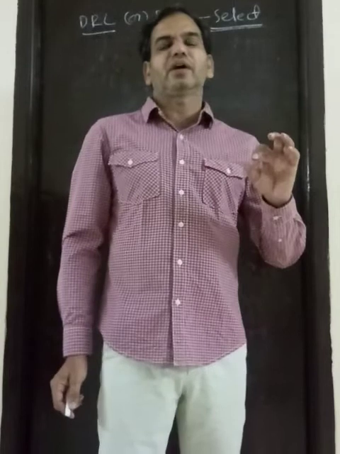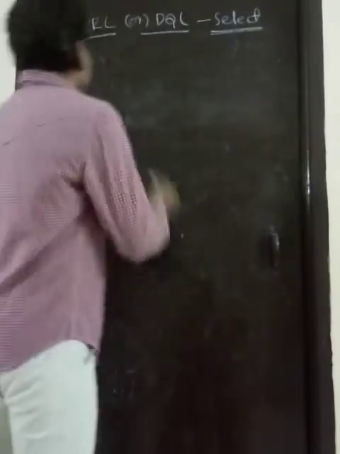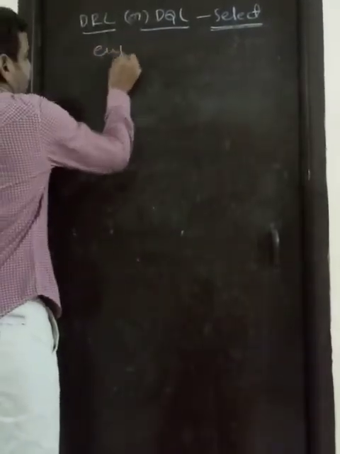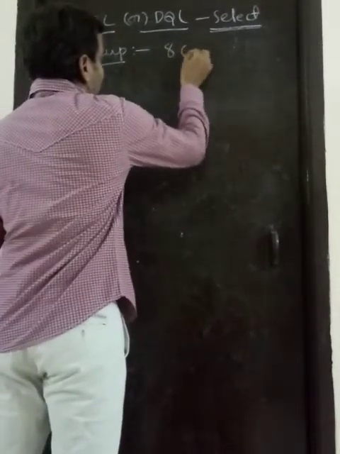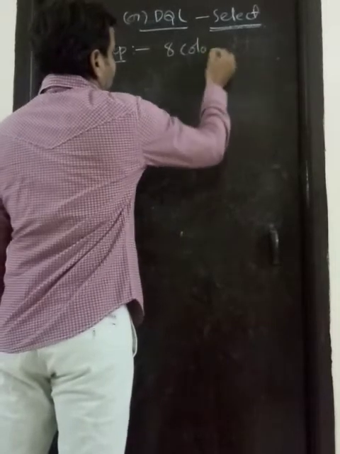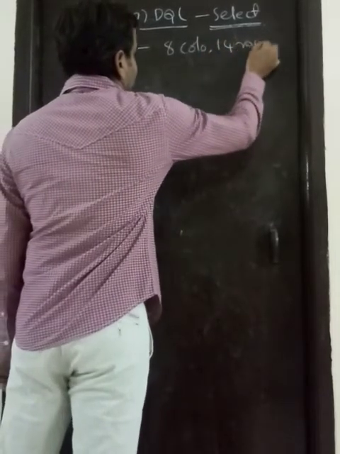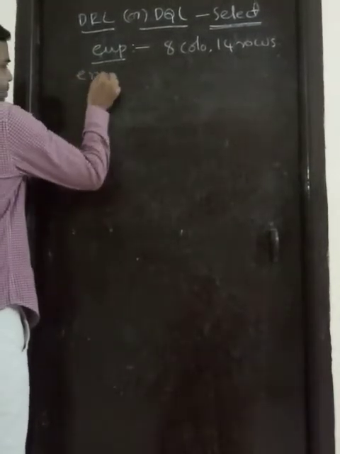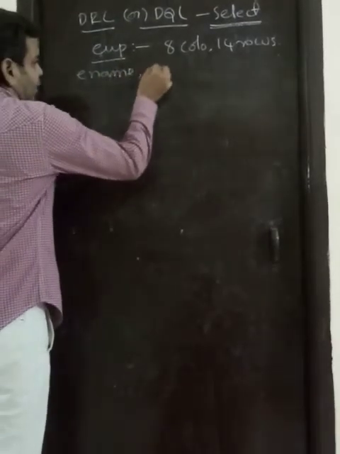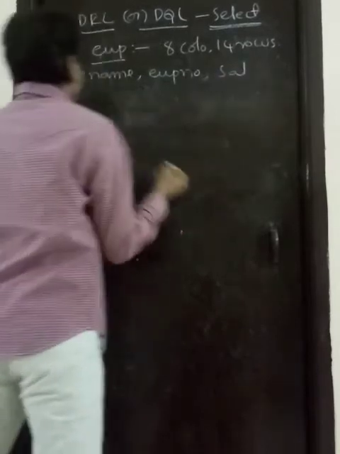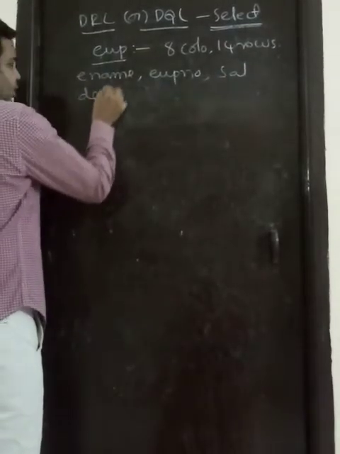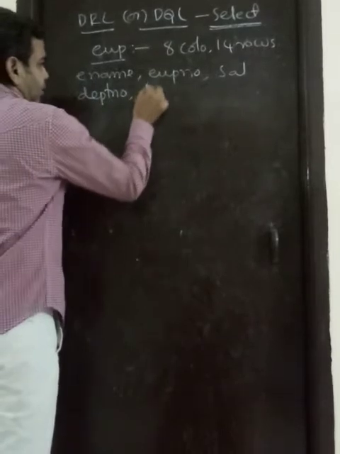First of all, we will see about the employee table. The employee table is one of the default tables, which contains 8 columns and 14 rows. First of all, we list out the 8 column names: employee name, employee number, salary, department number, department name,